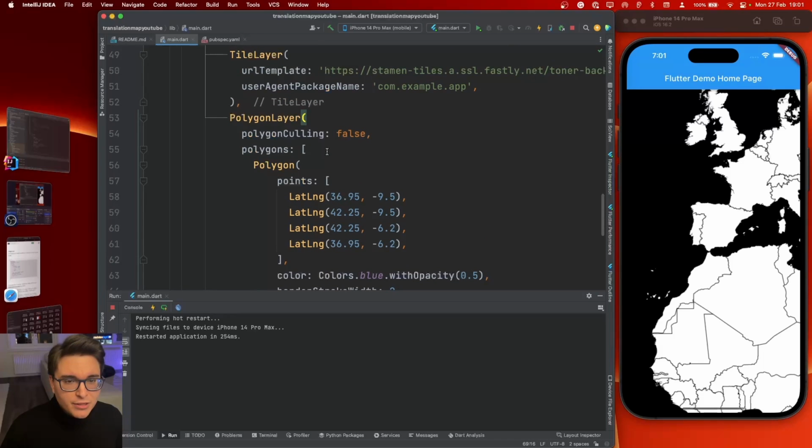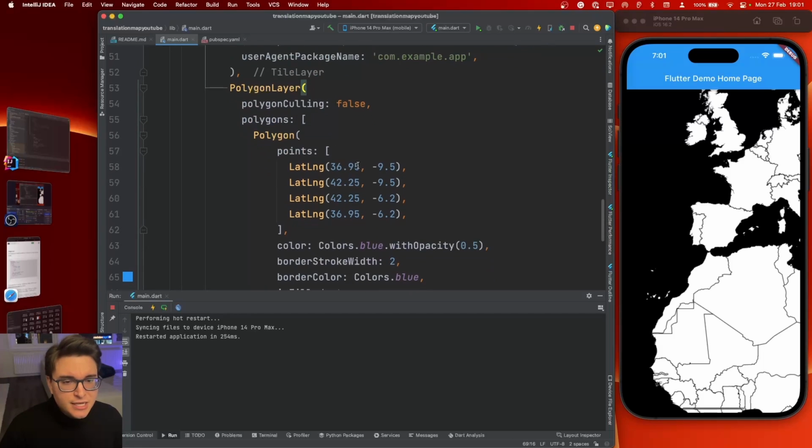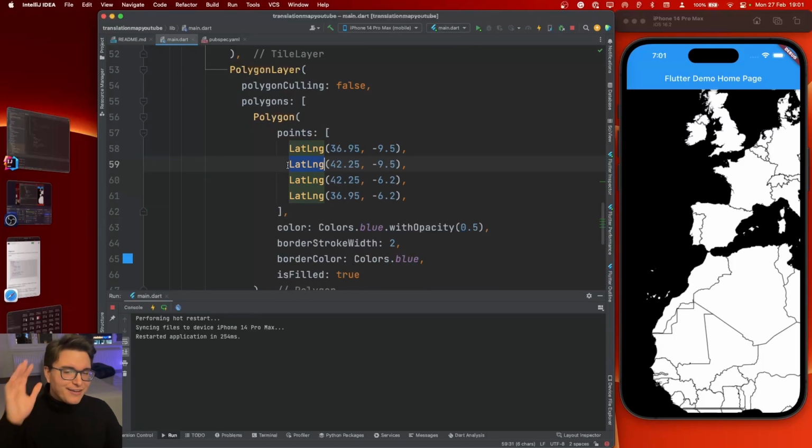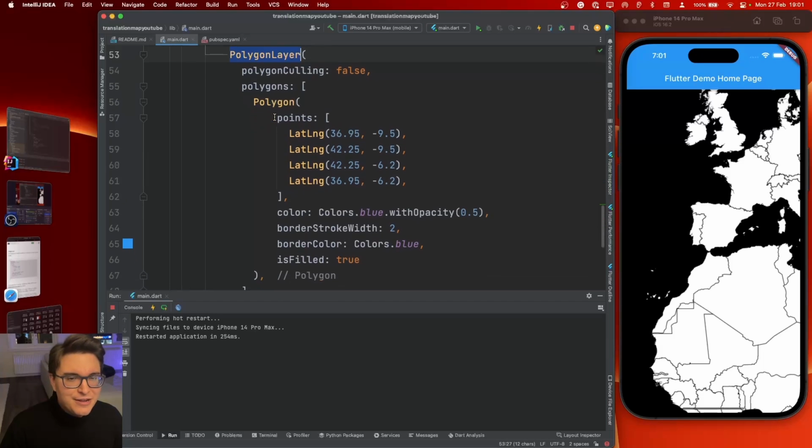Anyway, so this is the polygon layer, and the polygon layer is used for drawing polygons over your map at specific positions. These are the vertices of your polygon. Here I'm building a square, as you can see, right? But before I go through the vertices, let's take a step back and look at the polygon layer, which receives